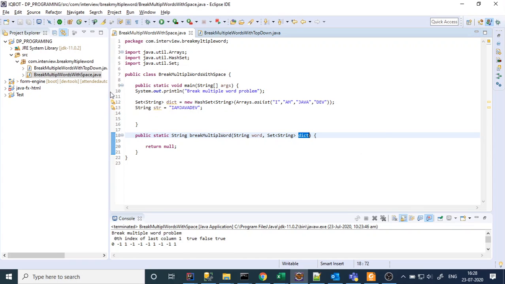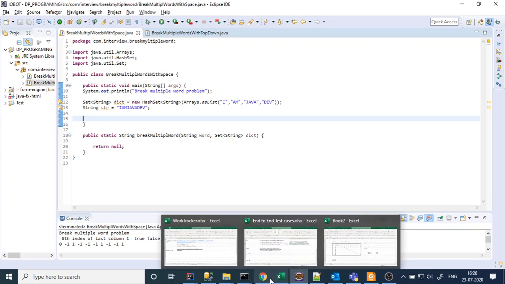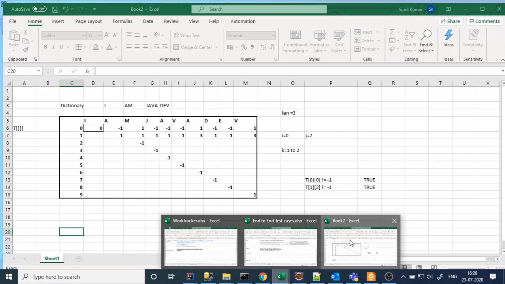Okay, so we have the string and everything is there. In the beginning, what exactly do we want? We are going to implement it the tabular way, right? So let's come to the logic first. I will explain the logic and how we are going to approach it. So I said bottom up approach.